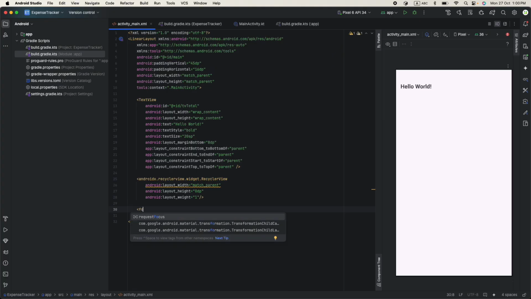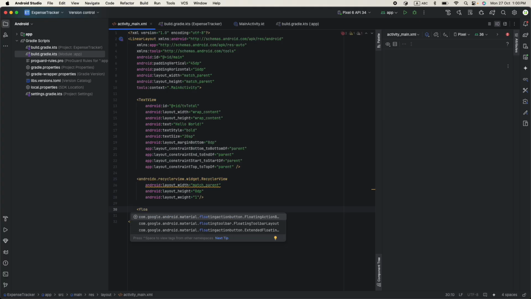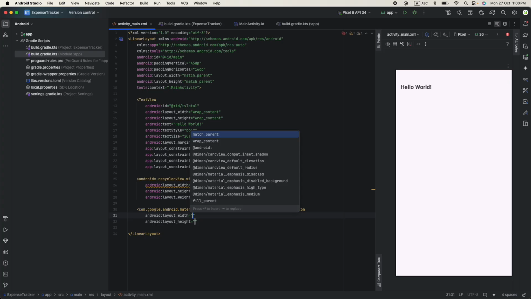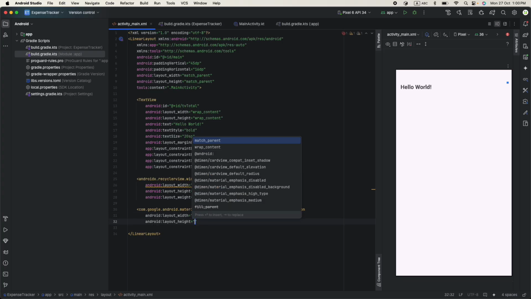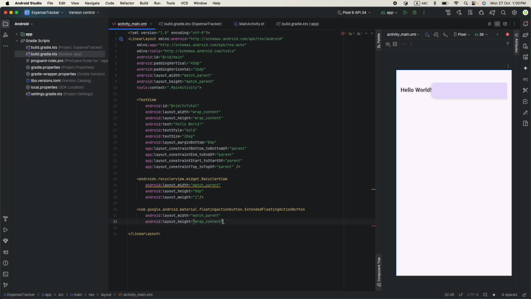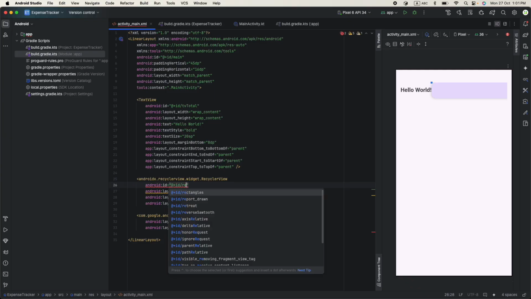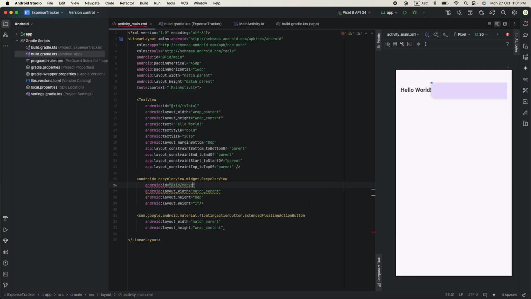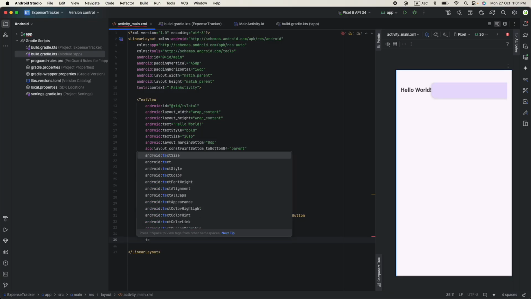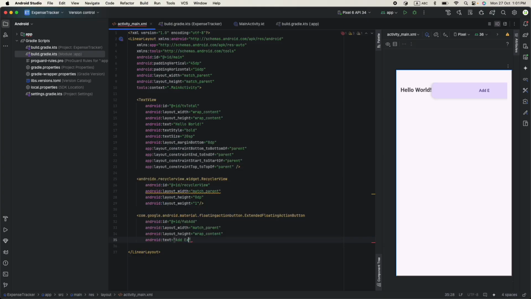So I will create one floating button over here, an extended floating action button, and then I will say the width is match parent and height is wrap content, and we give this recycler view some ID, and this ID should be recyclerView. And here also for the floating button we give some ID, and this ID should be floatingActionButtonAdd, and we just give some text over here. The text should be Add expense, and we give them